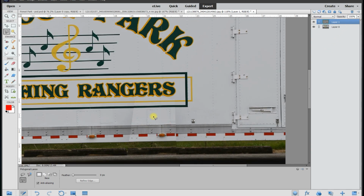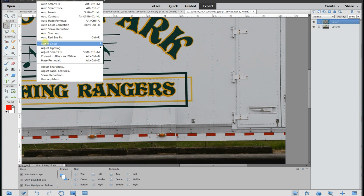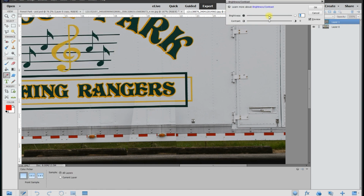Let's do a little bit with the color change. So we take the top layer, go to Enhance, Lighting, Brightness and Contrast. It's a little too bright, or it might be the contrast, so we just lessen the contrast. And you can do like Extreme to see what it is. Let's try the brightness instead. There's a lot less, there's a lot more. And just don't even look at the moving scale. Look at the picture and go purposely one way than the other until you find that happy medium